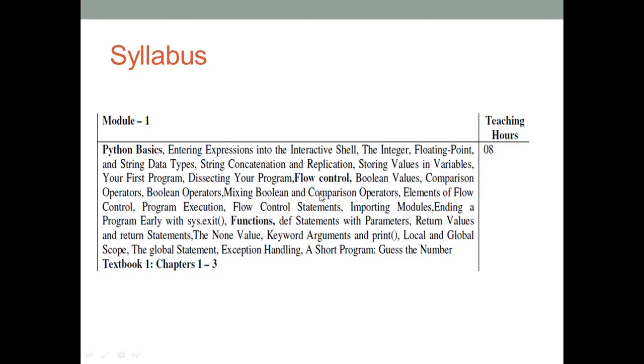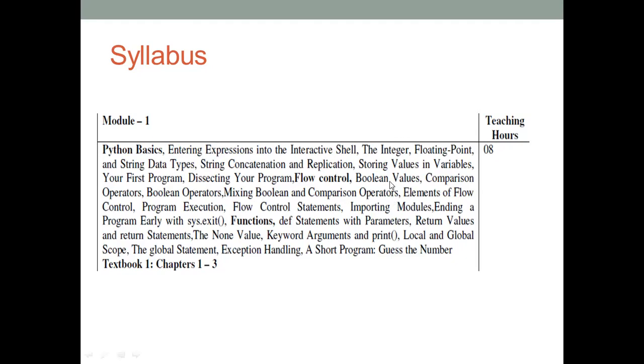And then in the second chapter we discussed flow control. Flow control means here we discussed if else, nested if and switch concepts. So mainly conditional statements. In your C you discussed conditional branching statements, right? In conditional branching statements we write a condition, and that condition will give output in the form of boolean.